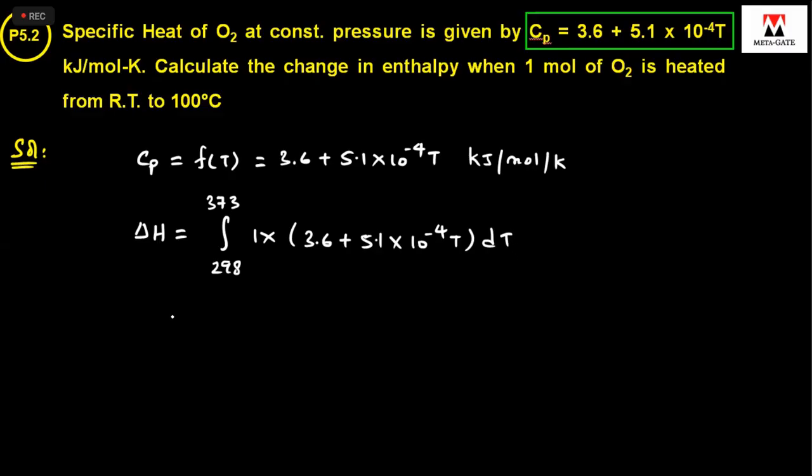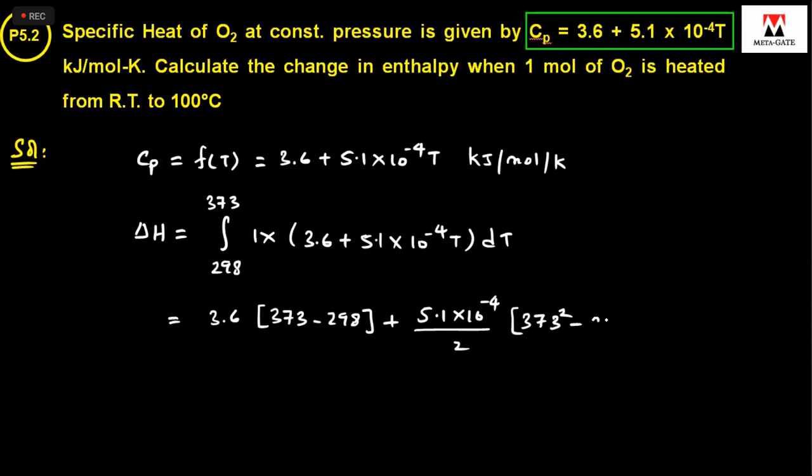Okay. So individually you can expand: 3.6 into 373 minus 298 plus 5.1 into 10 power minus 4 by 2. This is T dT, which is T square by 2. So this is 373 square minus 298 square. If you do this, of course, you